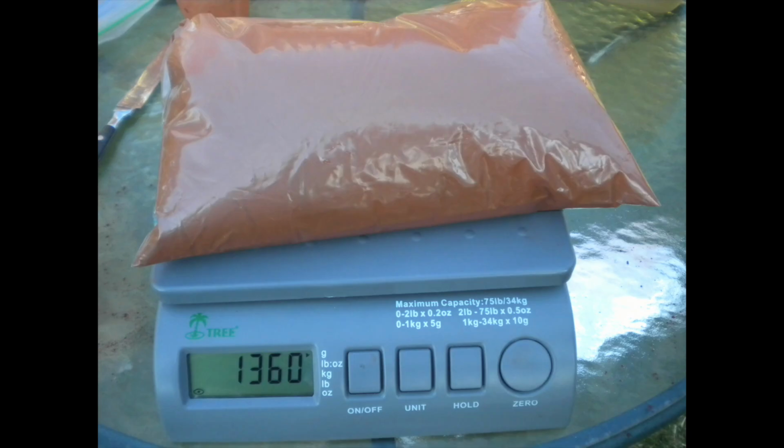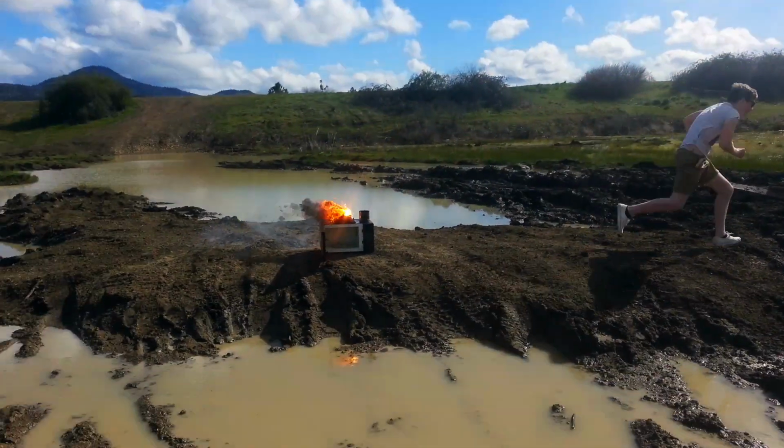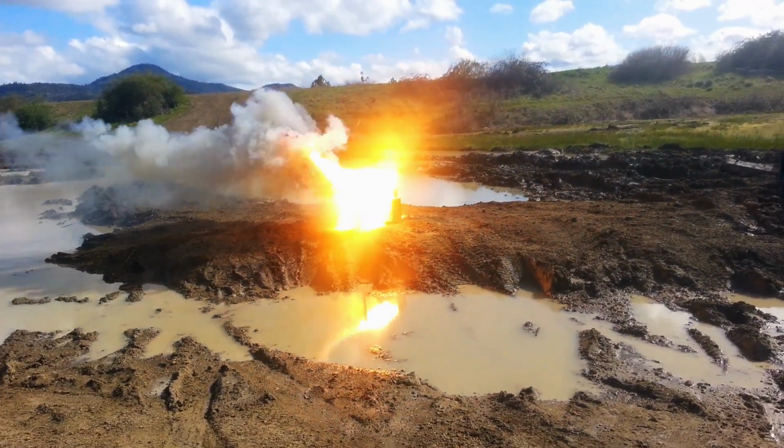This is the second test. Here we use much more precaution, because we saw firsthand how reactive it is. In this test, we are using 1,360 grams of thermite to melt this microwave. Holy